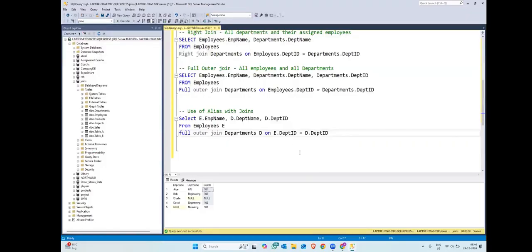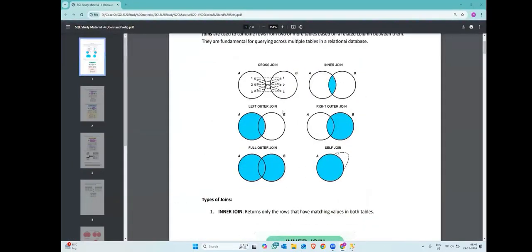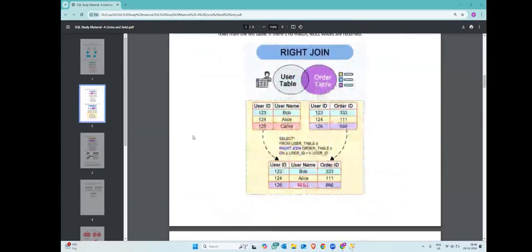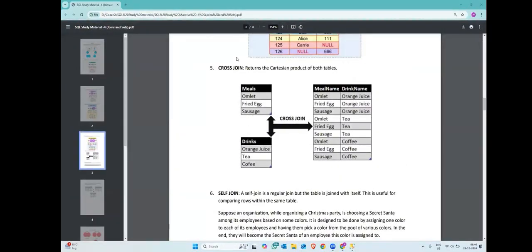Okay. So now cross join and self join, as you can see, looks a little bit different from our conventional left and right. Okay. So cross join is actually very simple and has a very, very specific use case. Okay. It is not used very regularly. It returns the Cartesian product of both the tables. Okay. Cartesian product means if we have this, let us say 1, 2, 3,